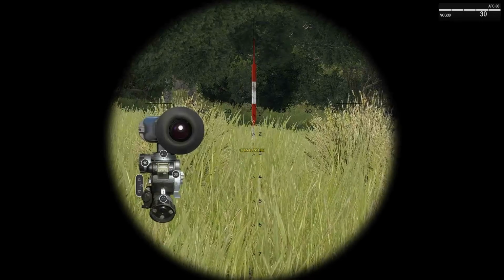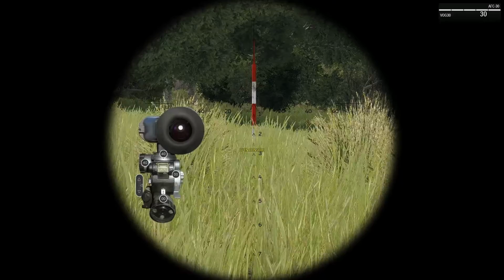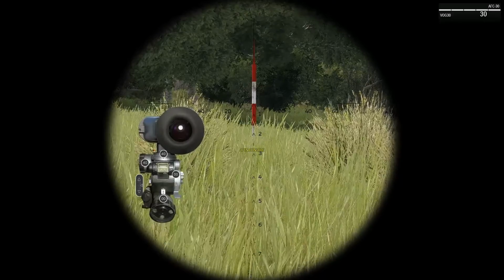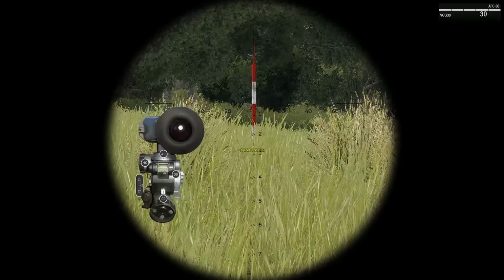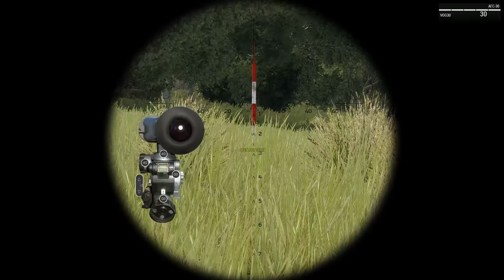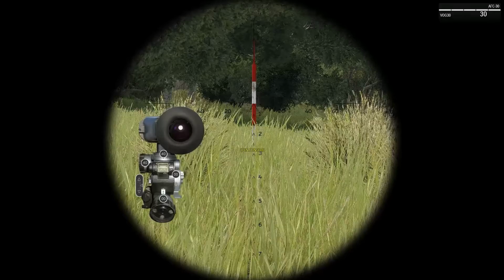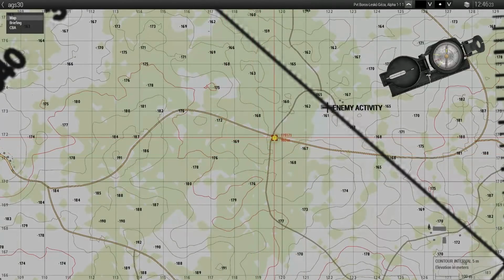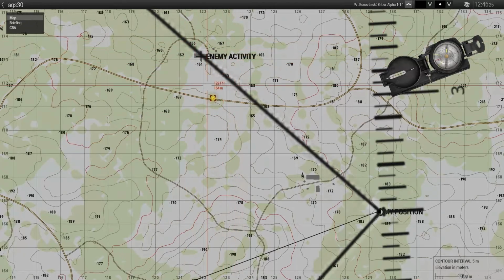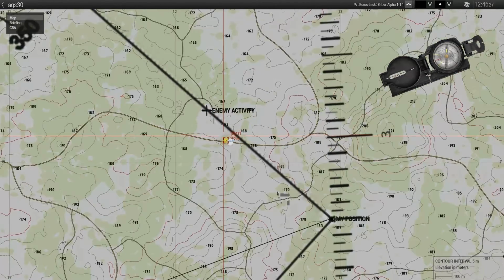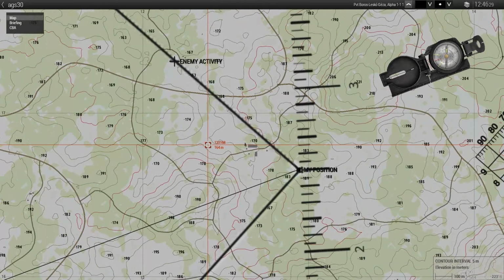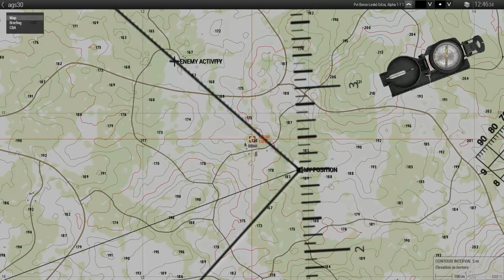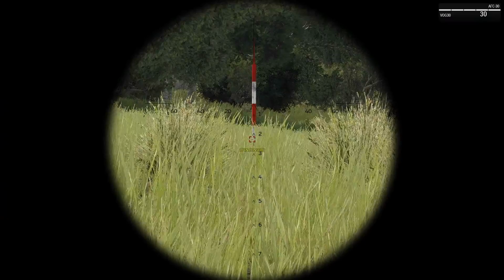Welcome again to this part of the AGS master course. In this part we will learn how to find the target, to find your solution to your target, which basically means the elevation and the azimuth. As we discussed, we are expecting some enemy activity there, and to find out what the enemy activity is, we just fly there with our drone, but without a drone